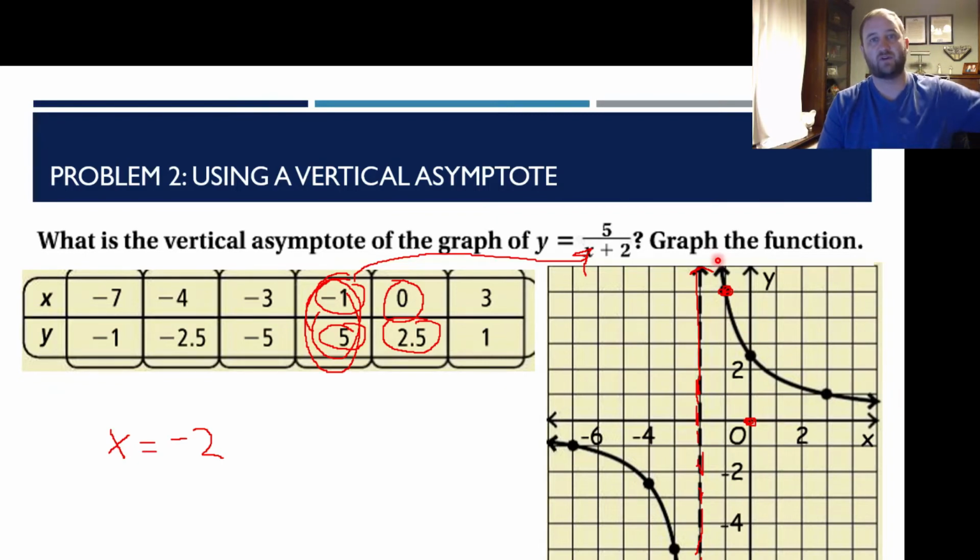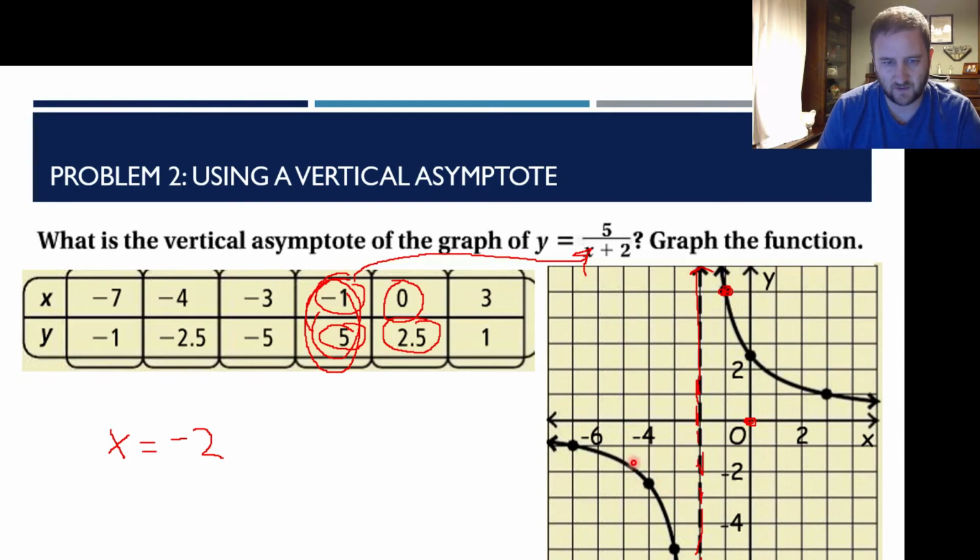Now we also want the curve that's on the other side, in the opposite quadrant. So now we're going to go for values of x that are less than the vertical asymptote. So let's start at -3. Plug -3 in for x. -3 plus 2 is -1. 5 over -1 is -5. So we're going to go with -3,